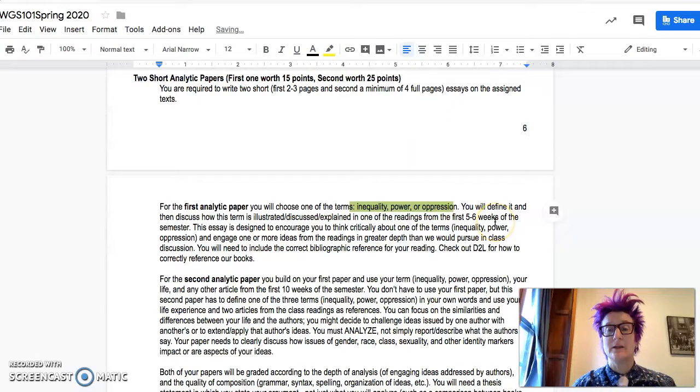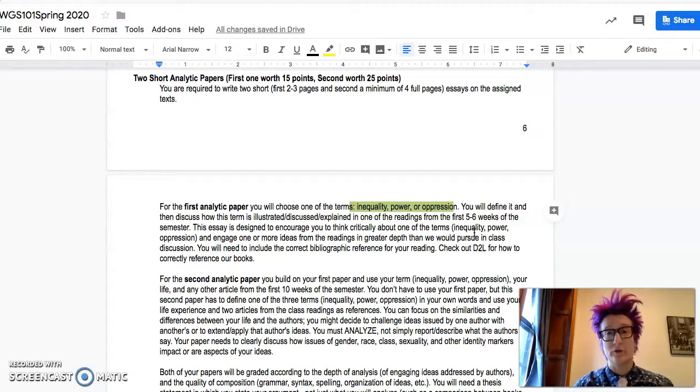All right? So your paper is to define that term, inequality or power or oppression, and then discuss how the term is explained in one of our readings from the first 5 weeks of the semester. I know it says 5 to 6 here, but let's just go with the first 5 weeks. So you define the term and you talk about how it relates to one of our readings that we've done so far.